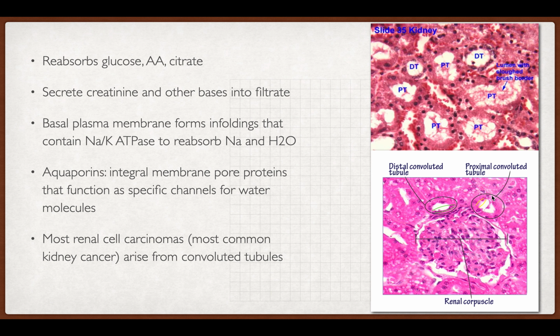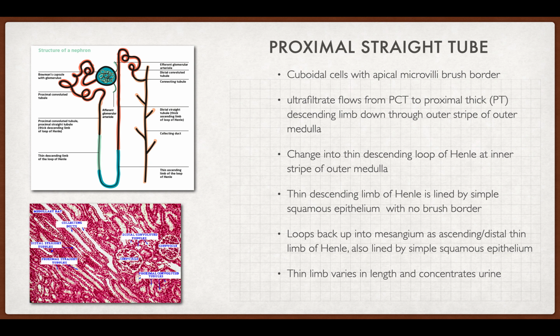So here are the renal corpuscles. This is the proximal convoluted tubule. Here's the distal, which is a little bit larger. Here is the distal, proximal, proximal. They're all arranged around one singular vein, or duct, I'm sorry, and then it's lined by cuboidal cells with an apical microvilli brush border,